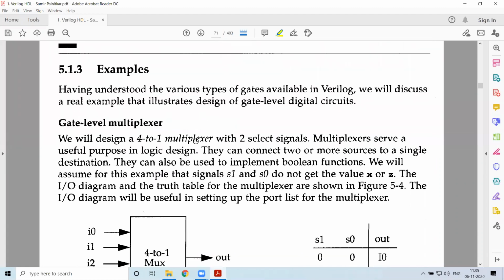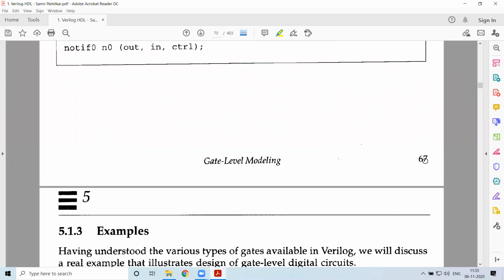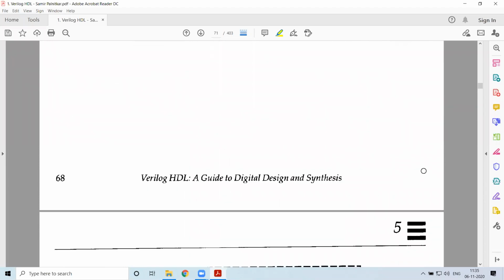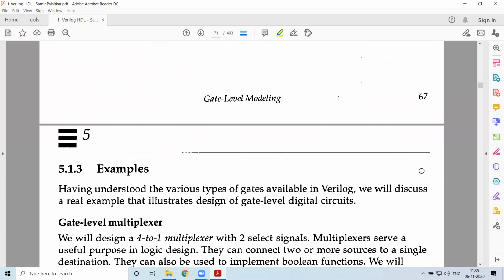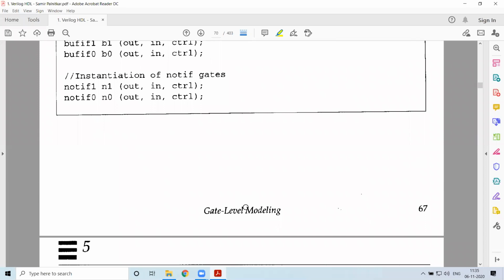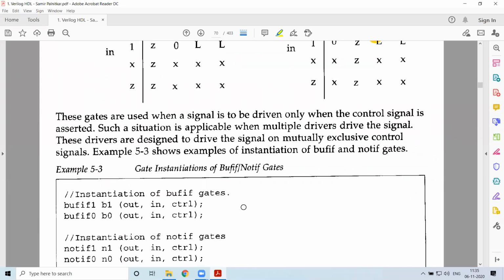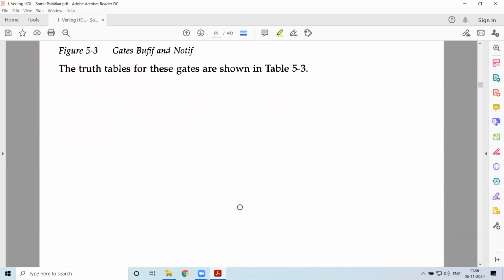There is one thing which is not present in this book, and that is array of instances. We have another concept called array of instances.